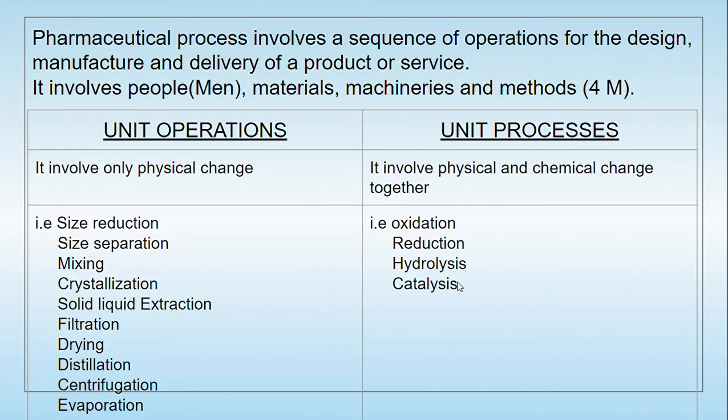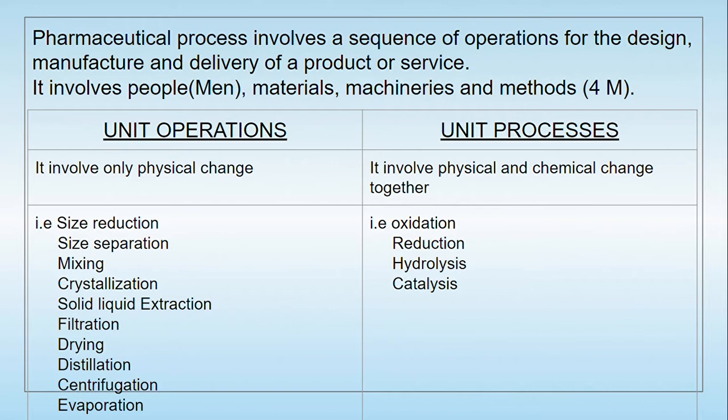Any pharmaceutical process involves a series or sequence of operations for the design, manufacture and delivery of a product or service. It basically involves the 4M. The first M is called man, the second material, third machineries, and the fourth method. So any pharmaceutical process is made up of these 4M and gives the desired dosage